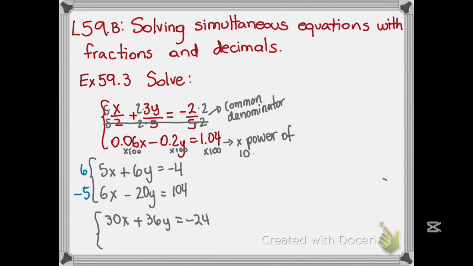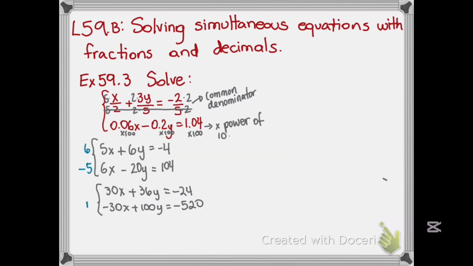And negative 30x plus 100y equals negative 520. Now remember that in elimination we add, and that's when the first two are going to cancel because they are opposite to each other. And then we add the other ones,